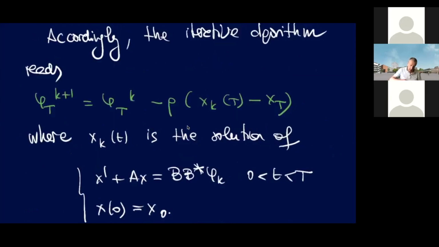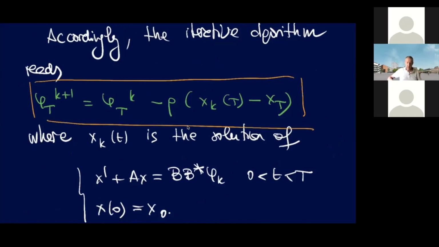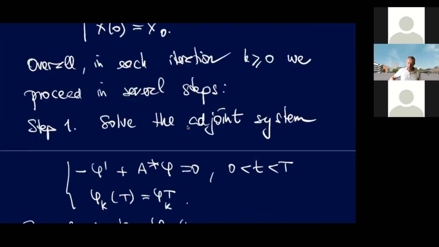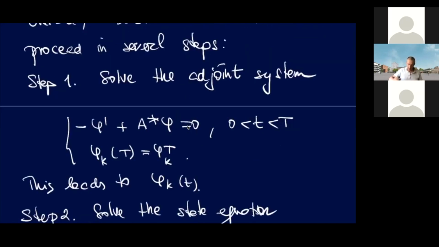the steepest descent iteration simply reads that way. Oh, magic. Eventually, I don't need to compute the gradient of J because I know what the gradient of J is, simply this. So the algorithm becomes very, very simple. What do I have to do in each step? Well, it's very simple. Out of the value